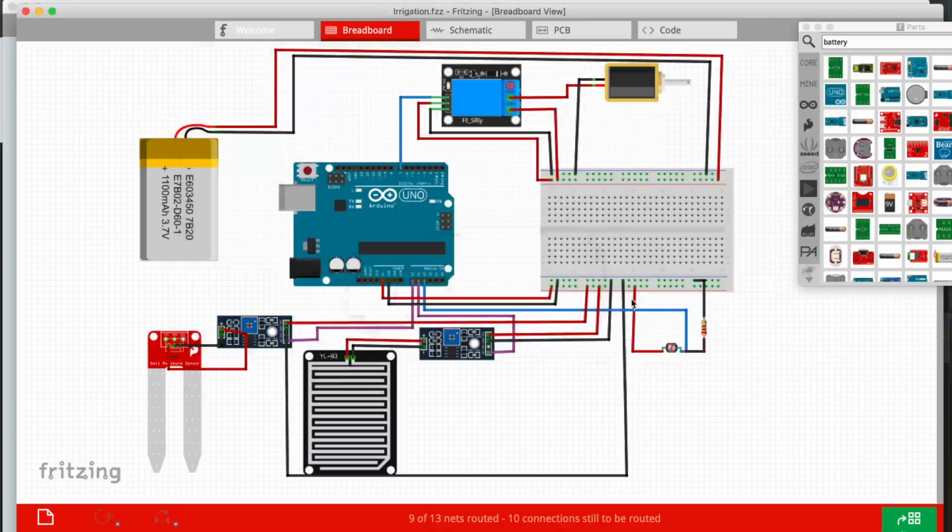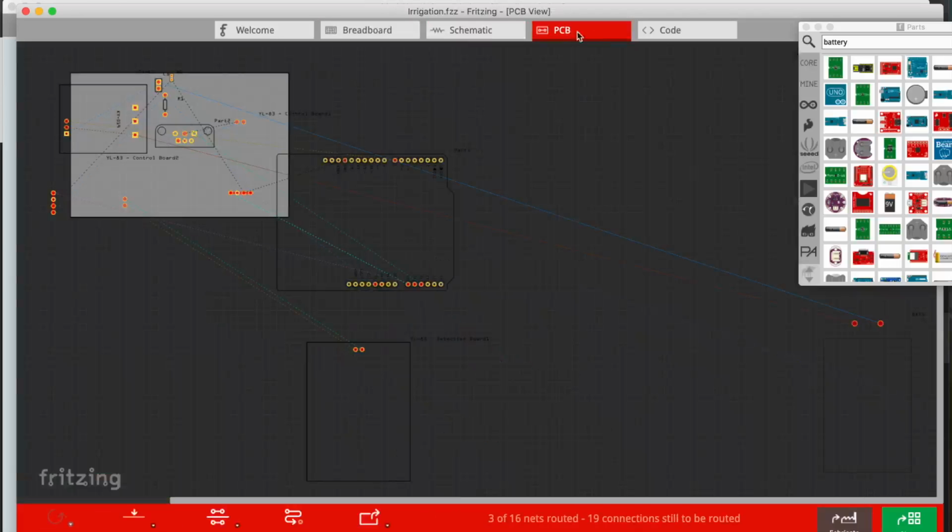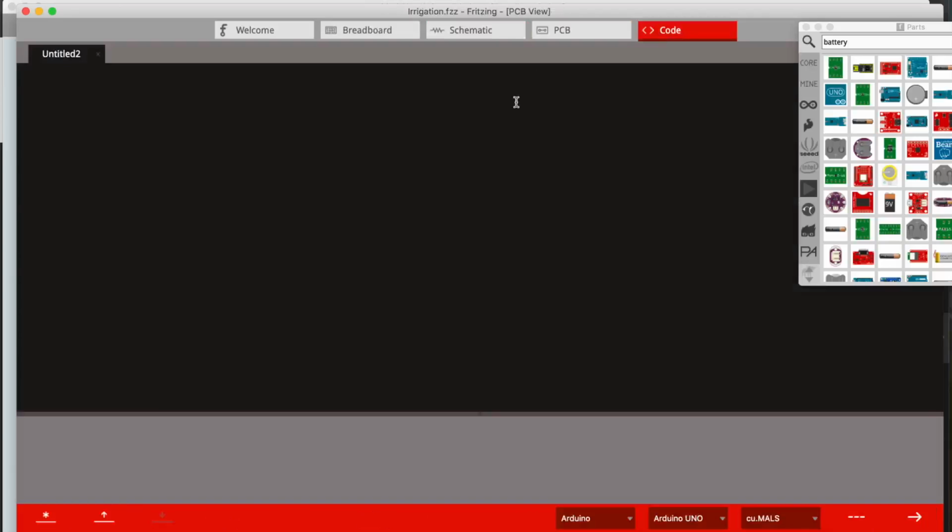I keep all my fritzing files in one place. And there we go. Okay, so let's quickly look at the code tab, and we'll leave the schematic and PCB for the other software packages. So, well, there's really not a lot to say. I mean, it's not rocket science. You can write code just as you would in the Arduino IDE. As you recall, we wanted to reference the pins for the inputs and the outputs, inputs being sensors and outputs being actuators. So it's a good idea